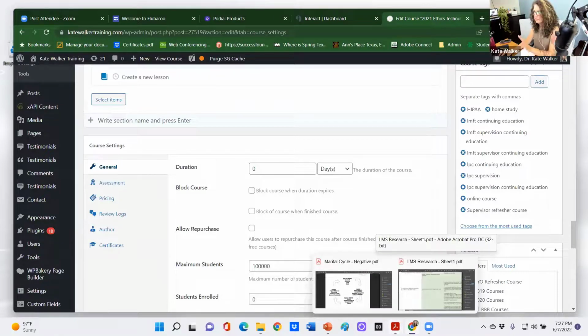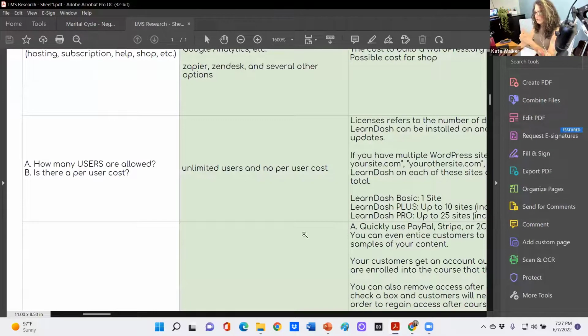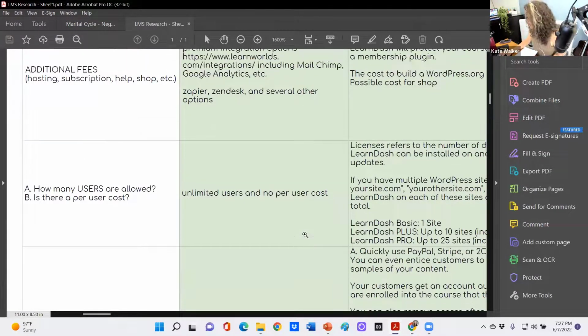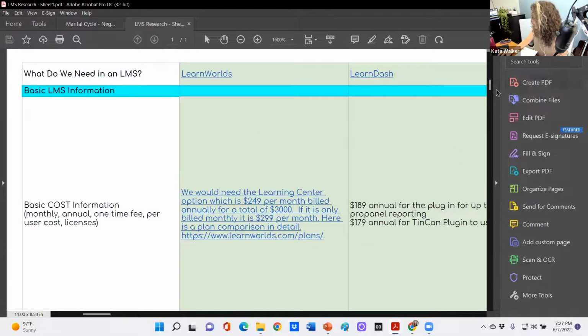You may not be able to see it unless I share my screen again, but I will show you guys this. Thumbs up if you can see a spreadsheet. Probably not, huh? Yeah, you can? Okay. And this is what I highly recommend that you do. Go through and